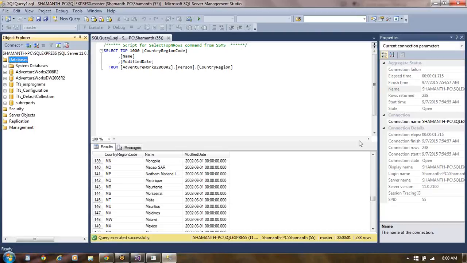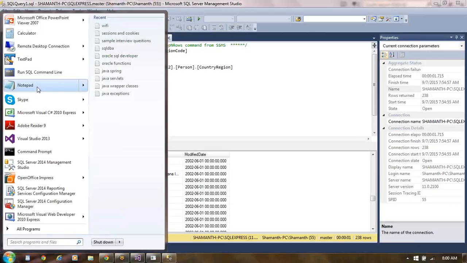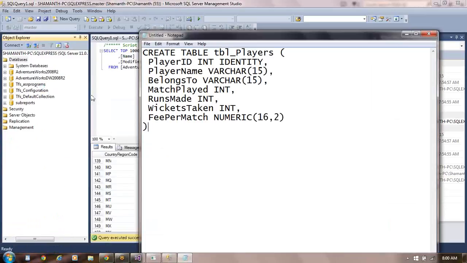So let me make the players table here. I create a new table called players. Copy this and here let me put it. So this is the table I create. Create table TBL players.